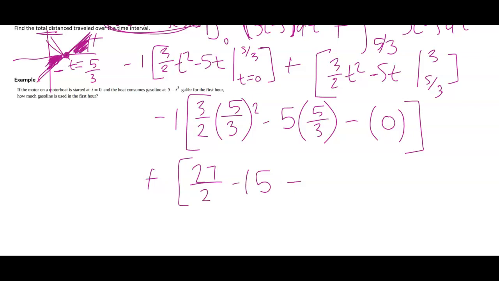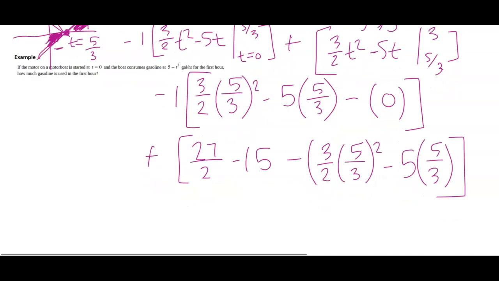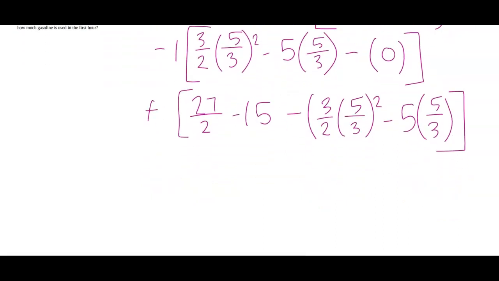Minus, when I plug in 5/3, I'm going to get 3/2 times (5/3) squared minus 5 times 5/3. All right, I'm going to apply this negative and go ahead and simplify here. So one of these 3's cancels with one of these 3's here, but the squared still stays with the 5. So that gives me negative 25/6